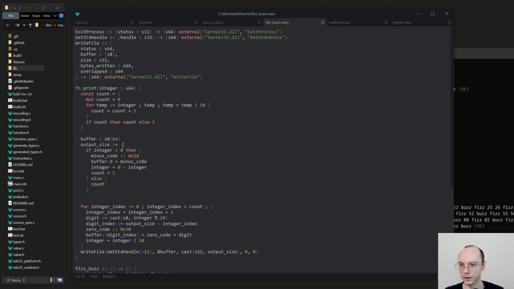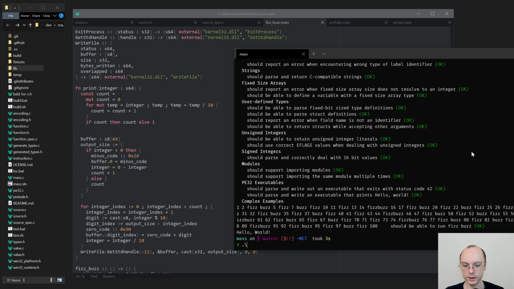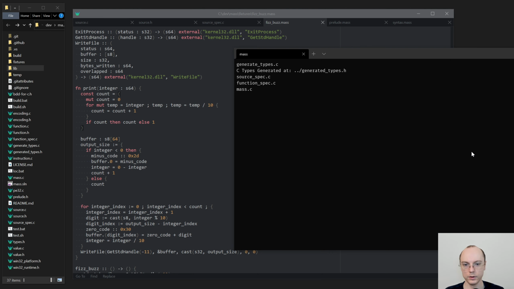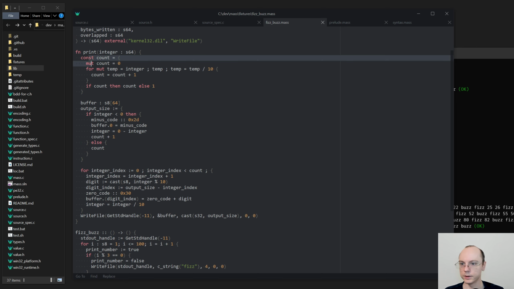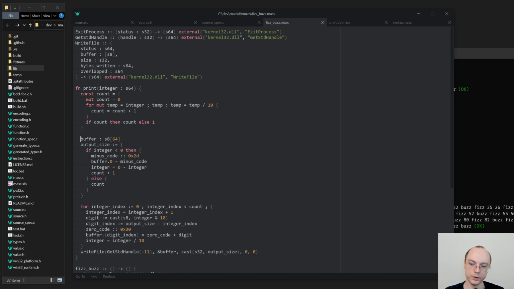So now we have mute count, and we also will have for mute temp is integer. That's actually kind of interesting. I need to see if that actually works. It should, but yeah, that needs to. It's an interesting thing. Let's try to run these now. Everything works great. So we have constant this, constant that, and I'm thinking also to be very explicit about stack,